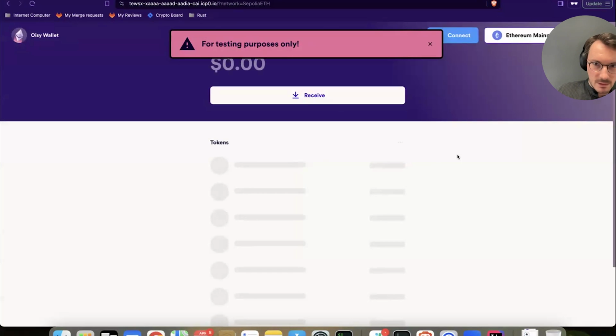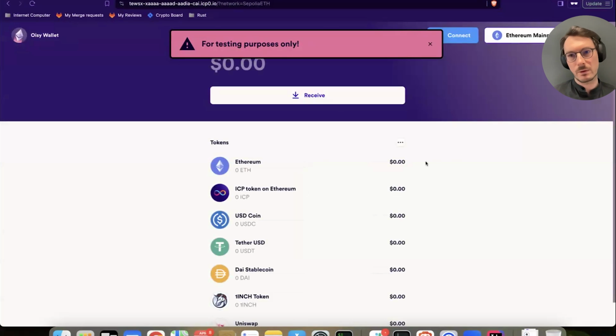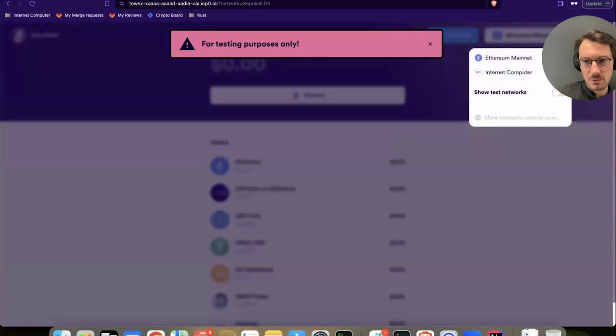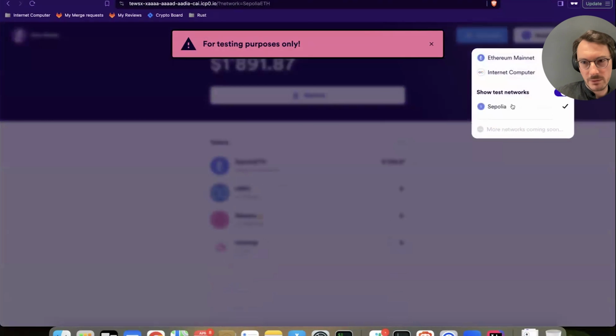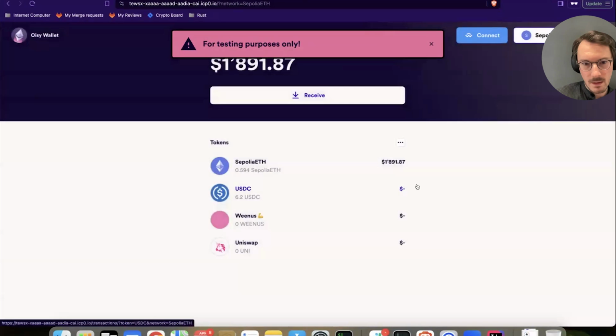Right, so the front end is communicating with the backend, and basically the backend via threshold ECDSA has a dedicated public key pair for me, for my user, corresponding also to an Ethereum address. And so, for example, on that Ethereum address, I already have some USDC. Currently I have 6 USDC.